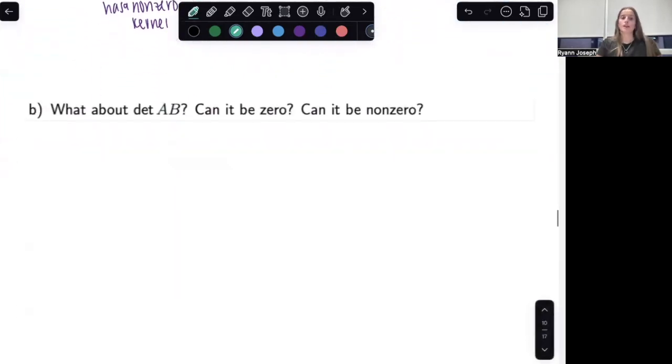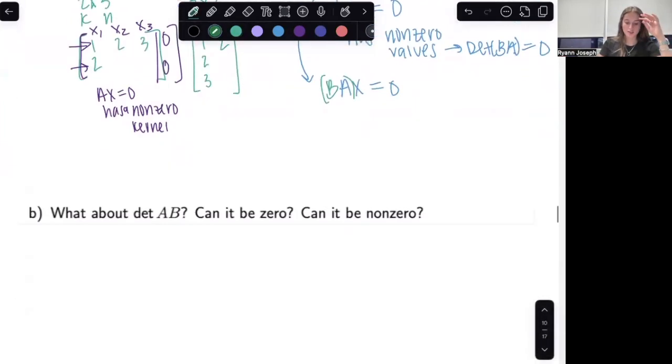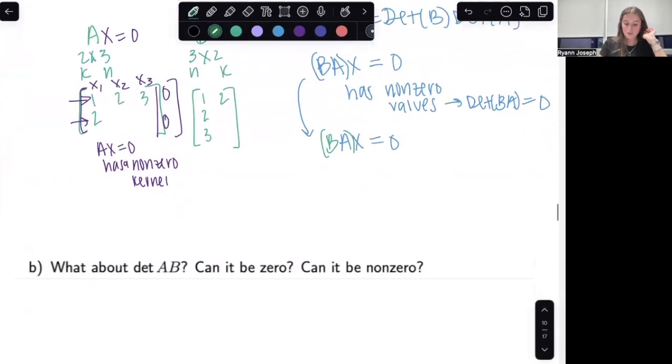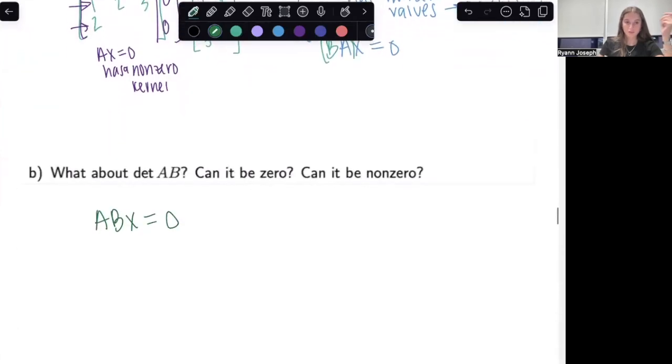And then what about AB? Can it be 0? Can it be non-zero? This one is less specific because we're not as constrained by the value. So instead, here we have A, so we have ABx is equal to 0. So trying to think, can we use the same logic? So looking at Bx equals 0,